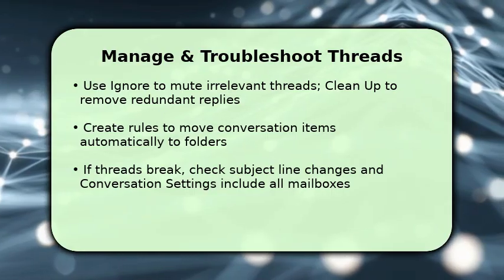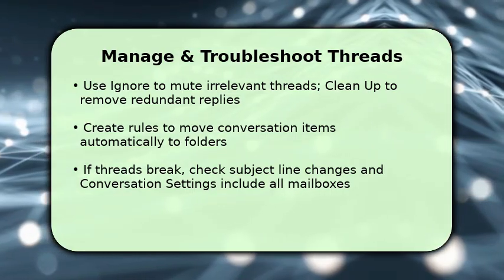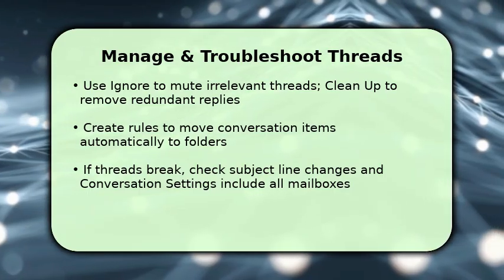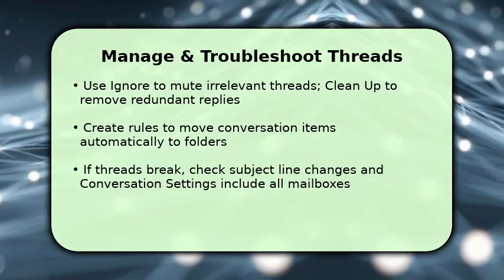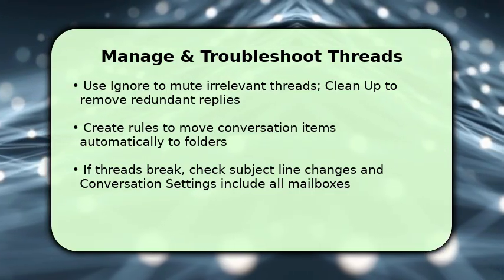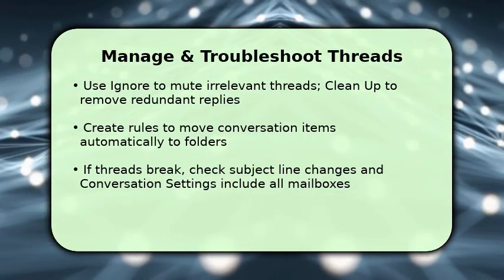notifications match your priorities. If a conversation breaks into separate threads, check for subject line edits or missing conversation settings. Subject changes often split threads. If problems persist, restart Outlook and reapply Show as Conversations to reindex